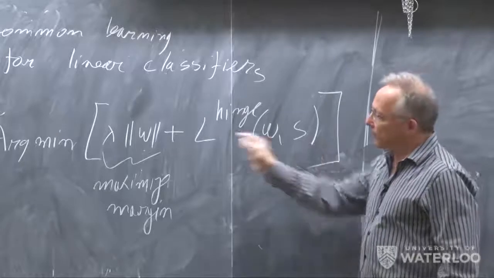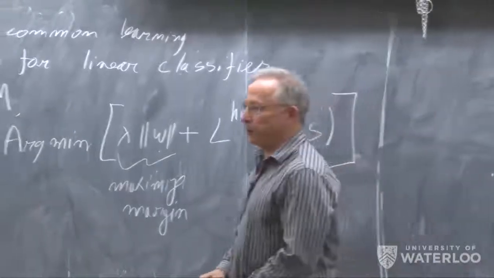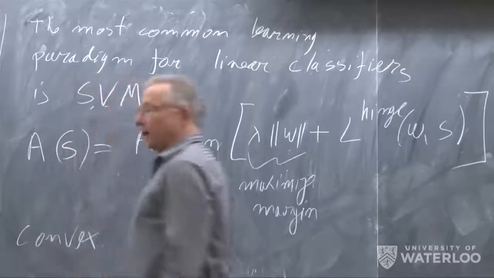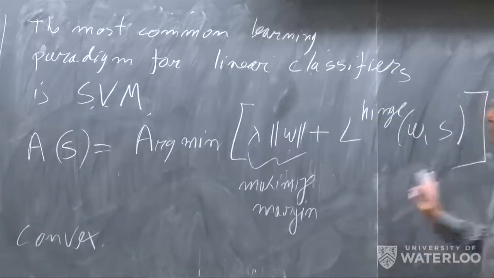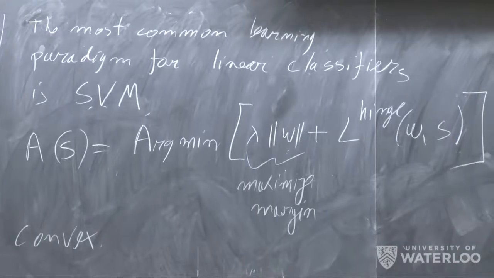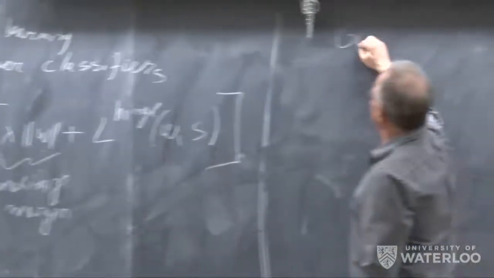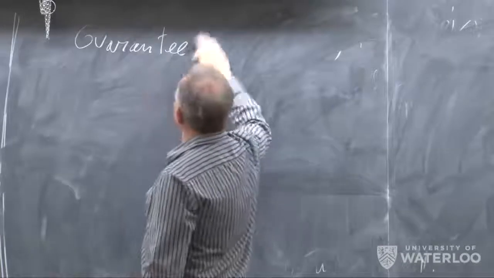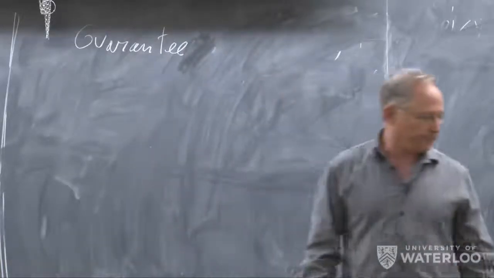The point to note is this is convex, and it gives us a generalization result. I'll tell you what is the generalization guarantee that we get for this algorithm. The guarantee that we get for this algorithm is that